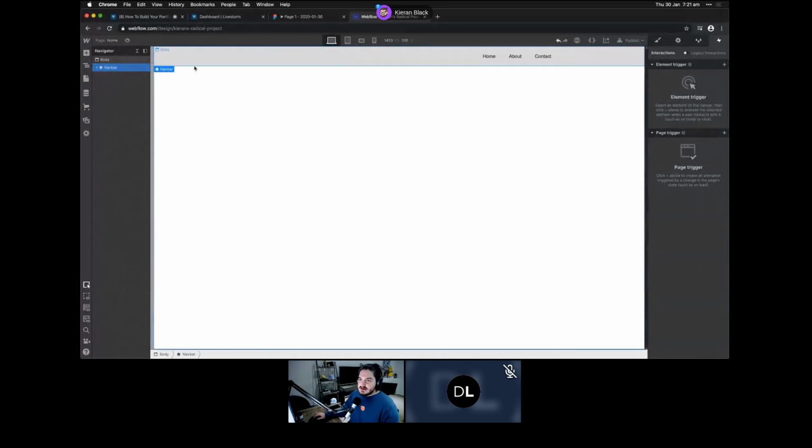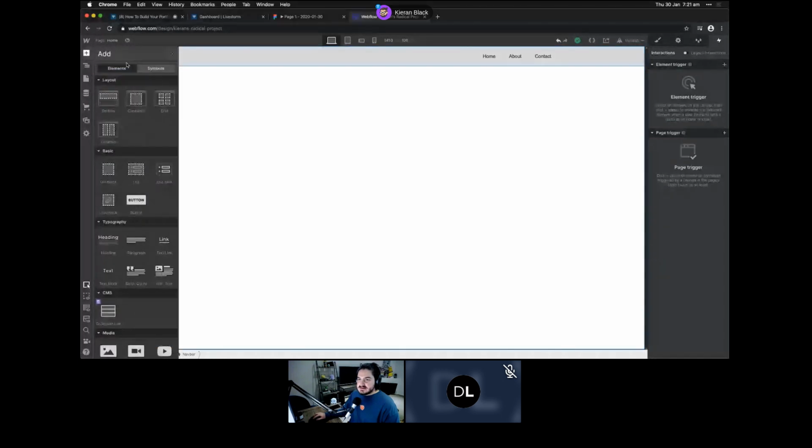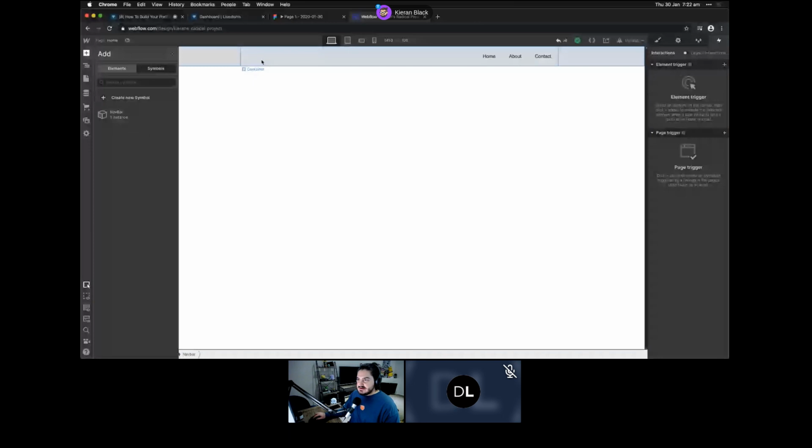What I'm then going to do is create this into a symbol, because I know that I'm going to reuse this everywhere. So I'm going to select it, have it selected here, press the little plus and then hit Symbols. There also is a, I'm actually going to delete this one